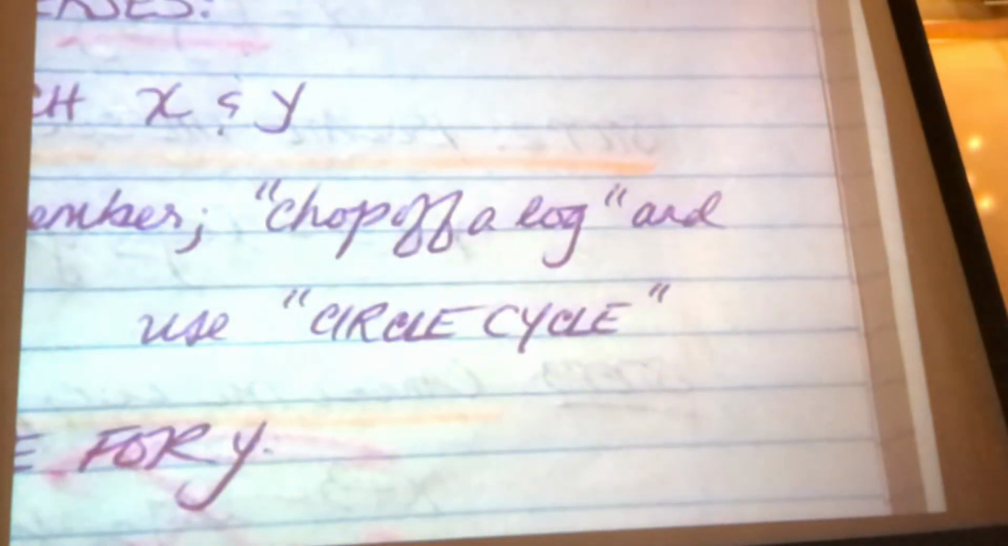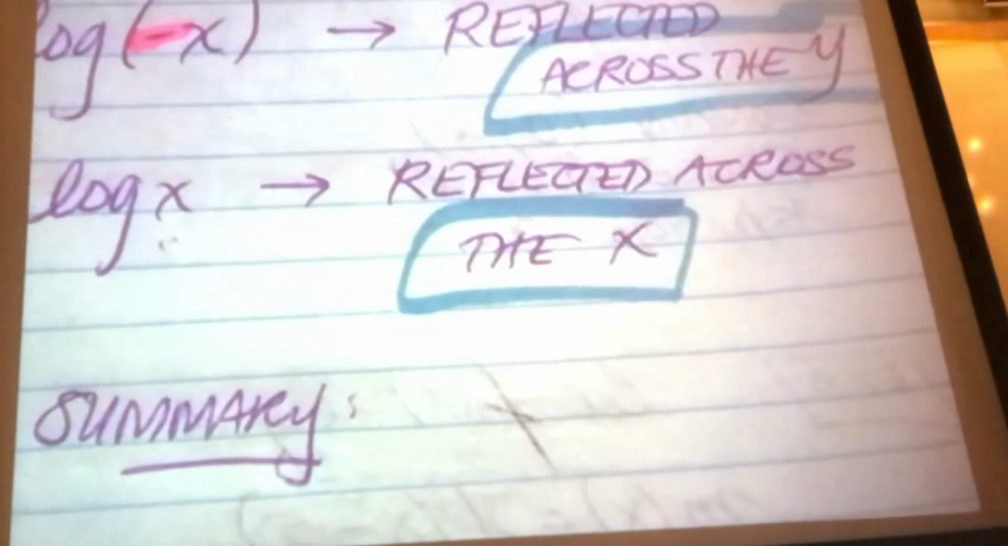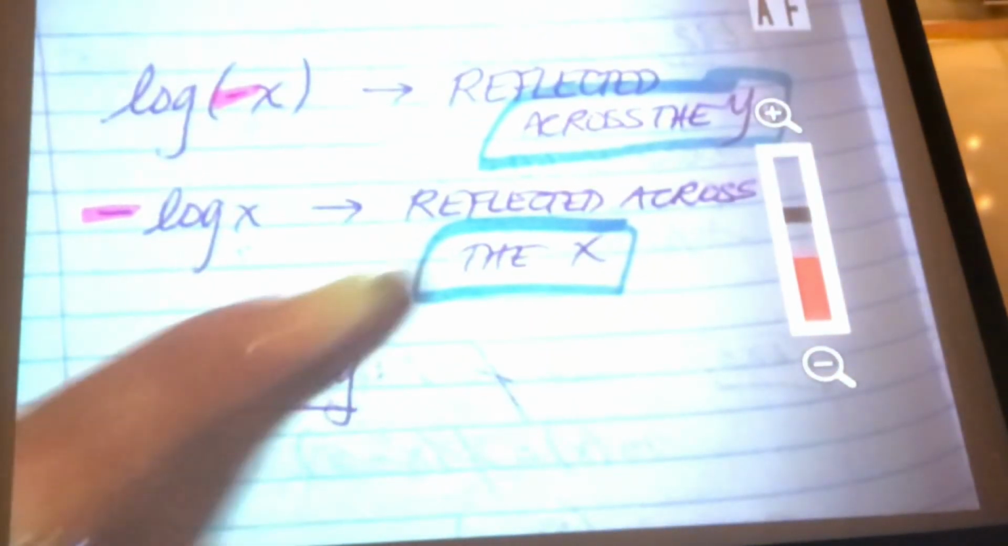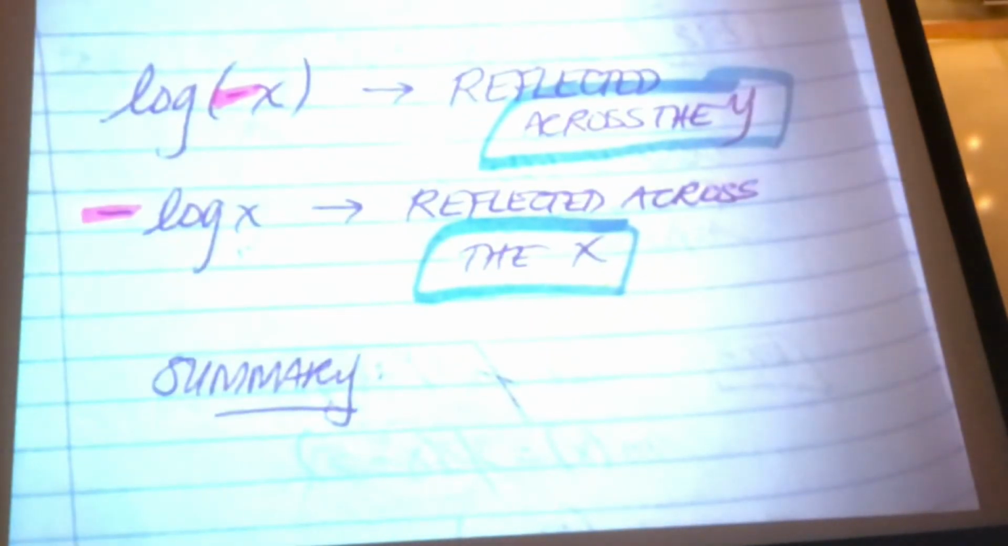All right. So from yesterday's notes, I need you to make sure that everybody in your group knows when it's reflected across the X and reflected across the Y and what it looks like. 15 seconds in your group. Make sure everybody's okay with that. Go. If it reflects across the